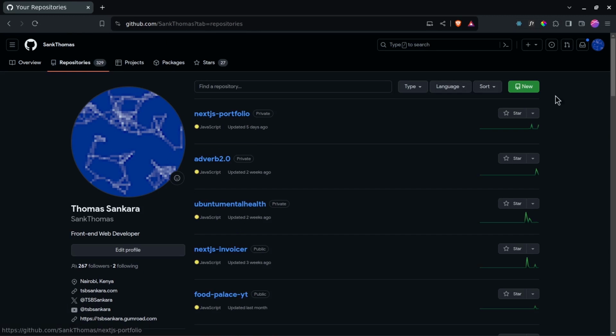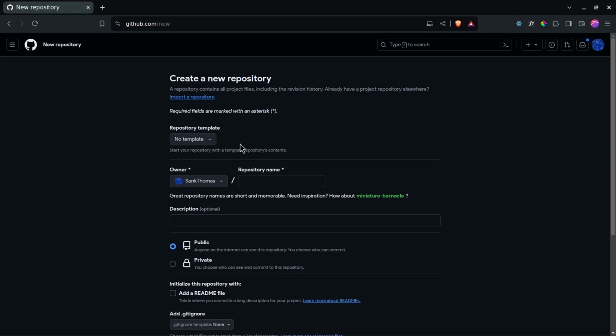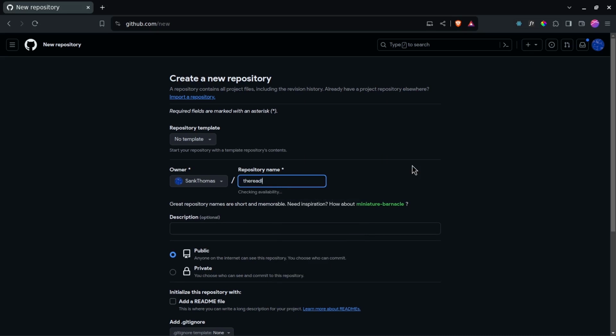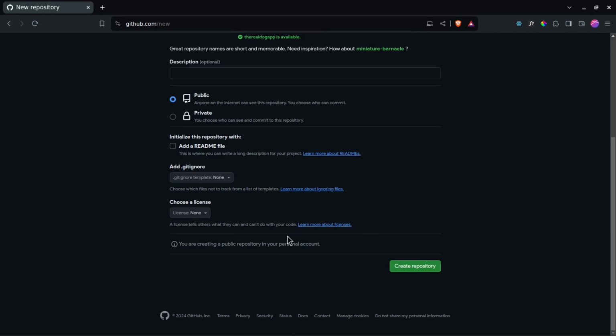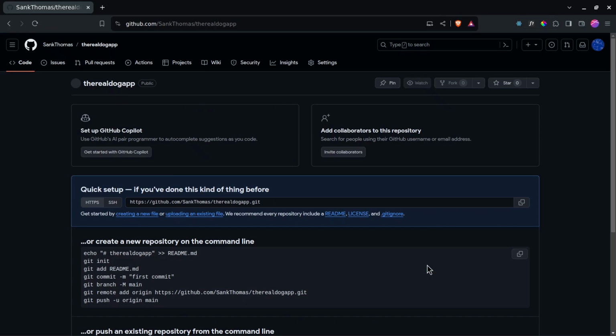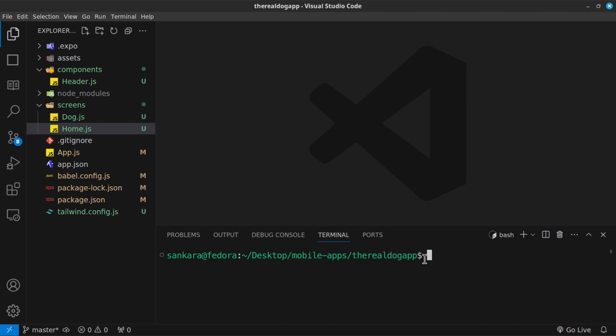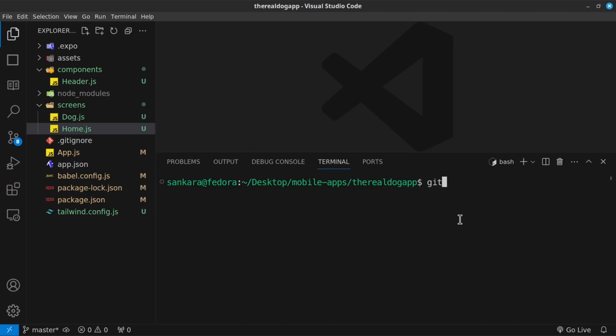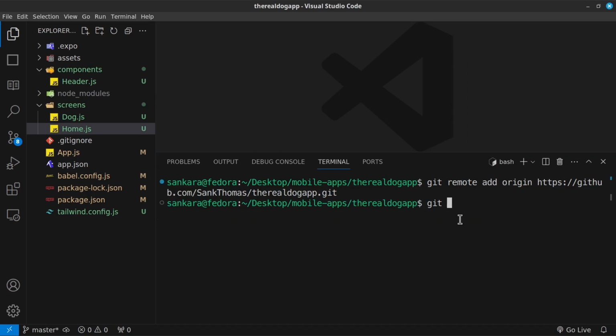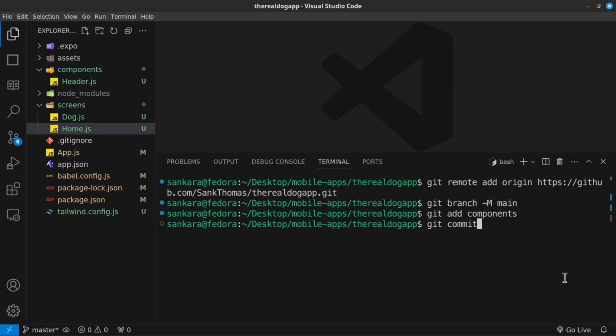So inside my GitHub, I'm going to create a new repository. And I'm going to call this the real dog app, and it's going to be public, so let's say create repository, and then let's copy this link. Let's go ahead and say git remote add origin, then paste our link, and then git branch -m main to change it to the main branch, and then git add components and git commit -m, and I'm going to call this components, or the header component,